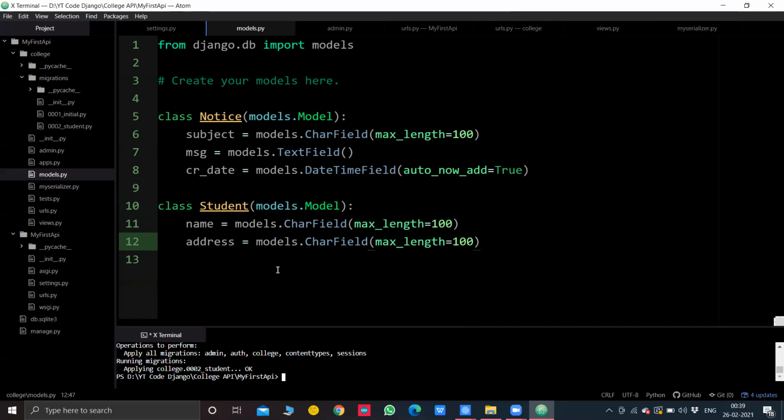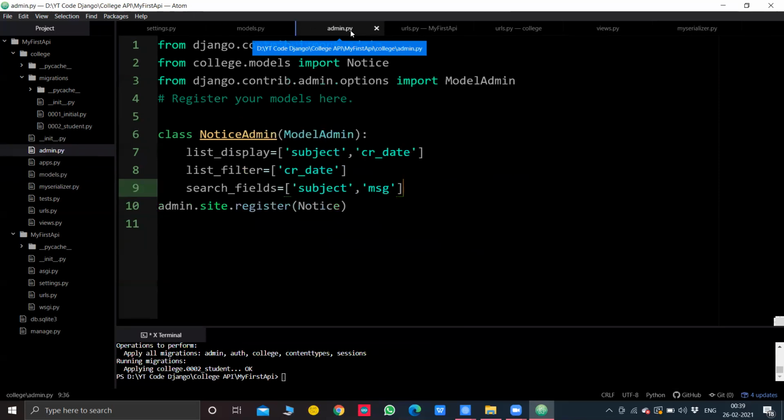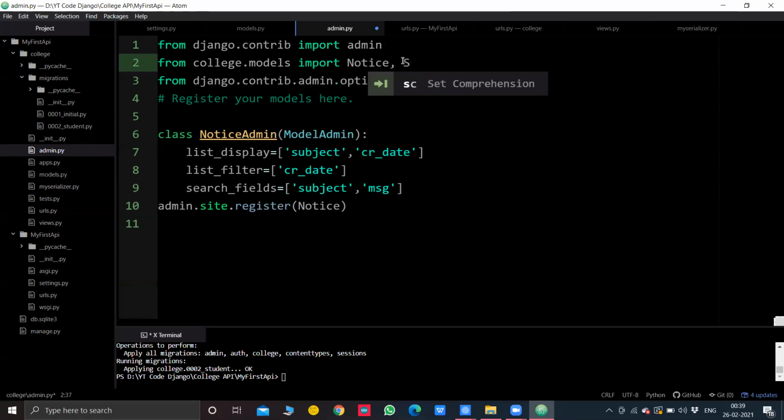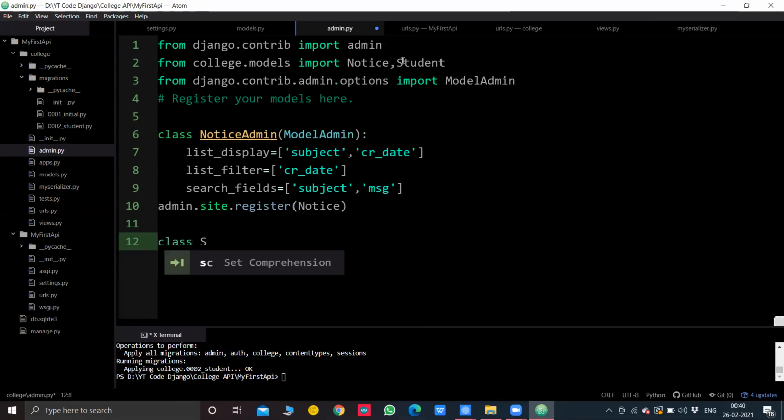So now, what did I mention, that after creating a model, for the model to function, it has to be registered in the admin.py, right? So now in admin.py, we've imported Notice. We'll also import Student now, and in the same way as NoticeAdmin, we'll create one more class as StudentAdmin.